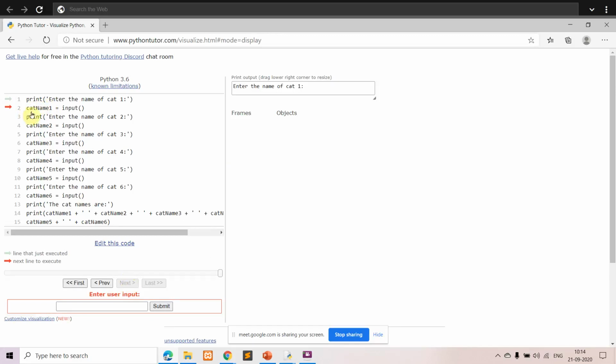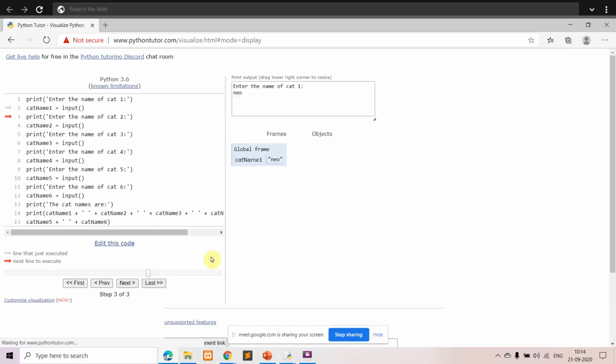Then this particular line uses the input function, which waits for the user to enter data. Whatever you have entered will be in the form of a string. I'll enter some name, Neo, and hit submit.